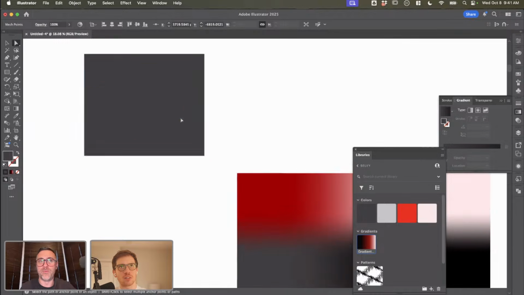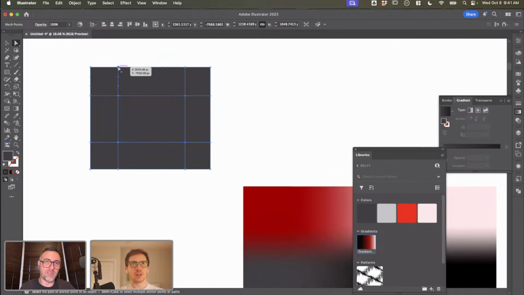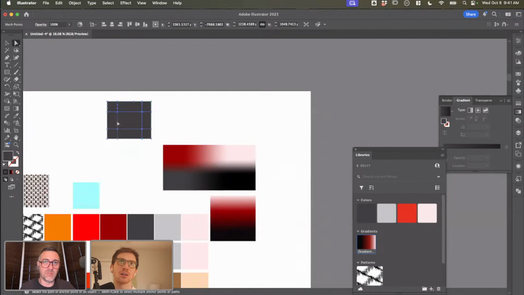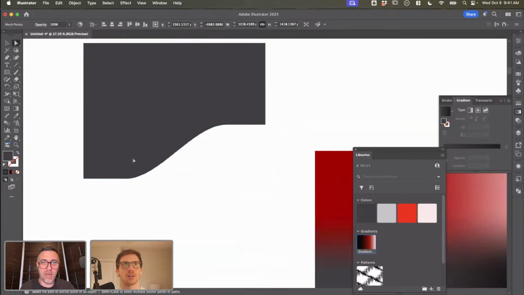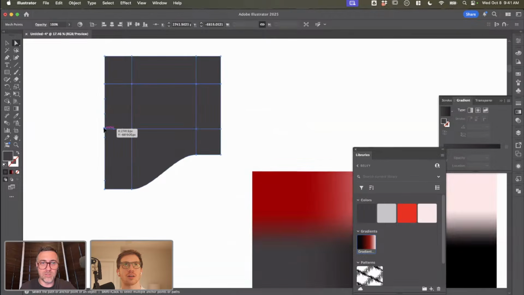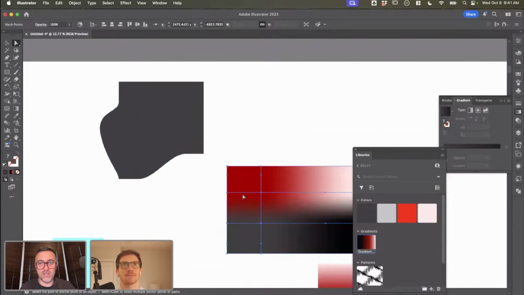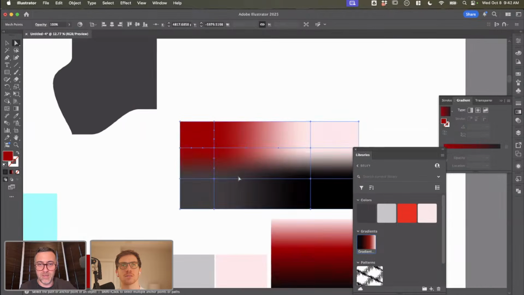No, it's still one shape. And whoa, I can transform these anchor points just like I would any actual path. Interesting. So you can use this however you want, just like a pen tool, right? But the cool thing is, a good example is when I go back into this original one we did,